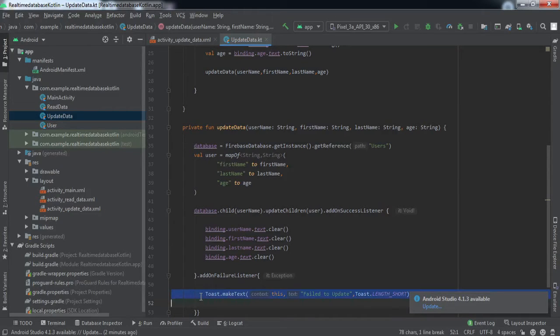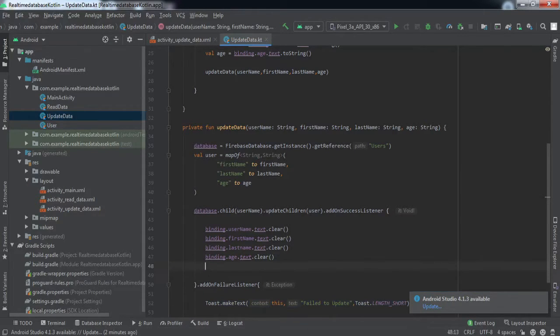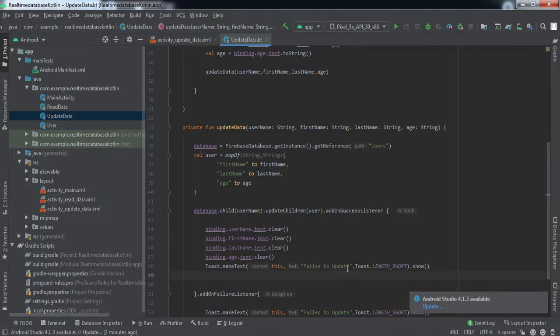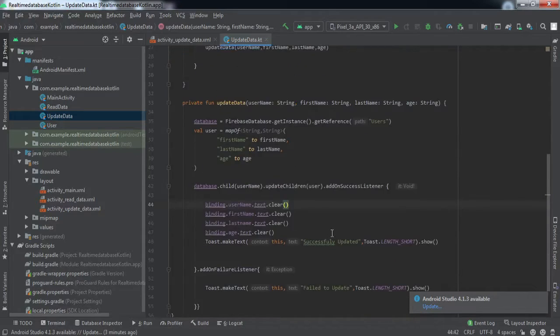And we'll also raise a toast in case the data is updated successfully, right?